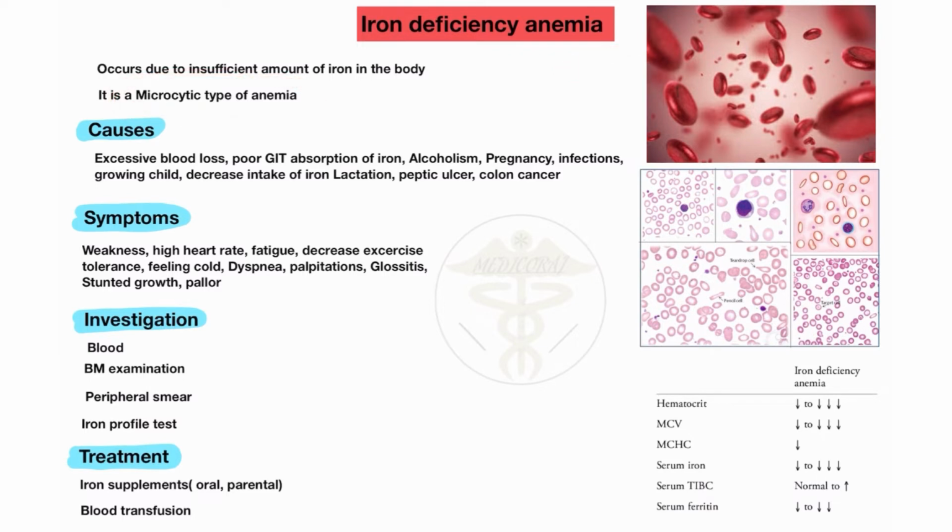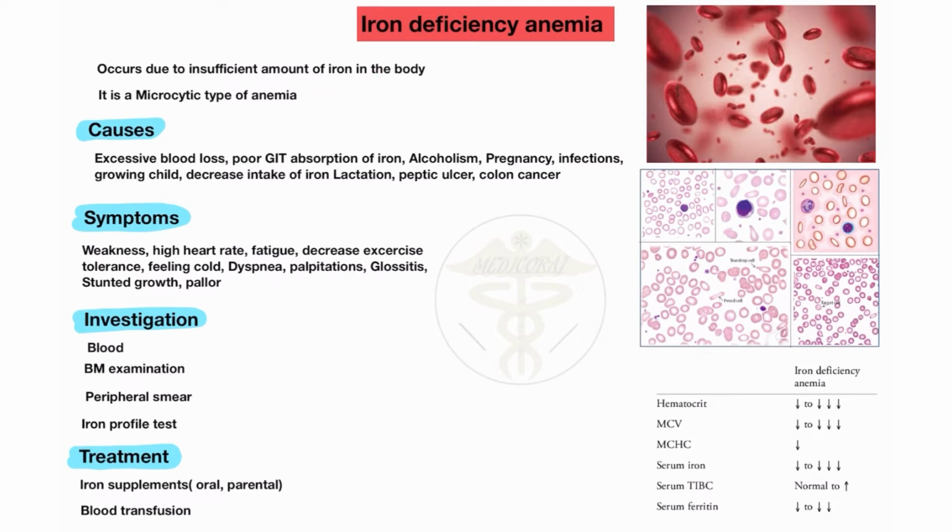If you didn't watch my 1 minute video on which is microcytic anemia, which is macrocytic anemia, and which is normocytic anemia, please also watch that video. It is less than 1 minute, and you will understand with examples of macrocytic, microcytic, and normocytic anemia, because I already gave mnemonics for these types of anemia. So also watch that video.